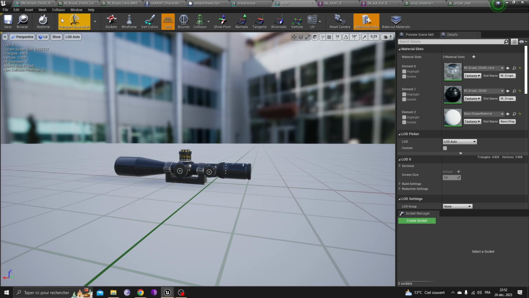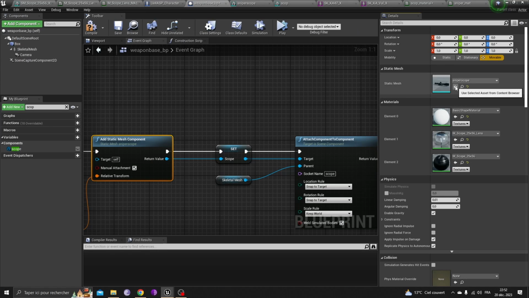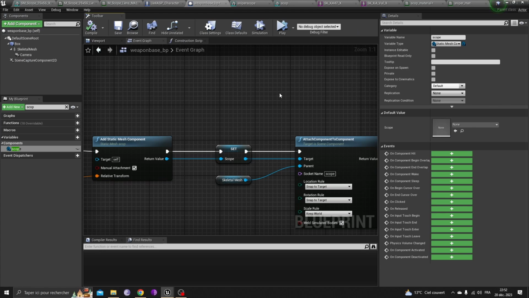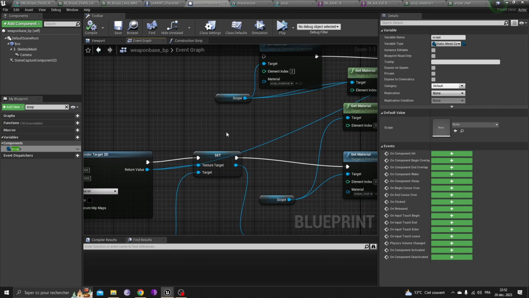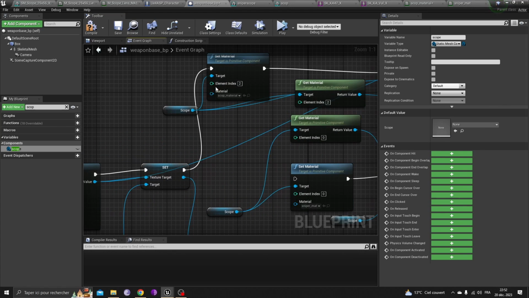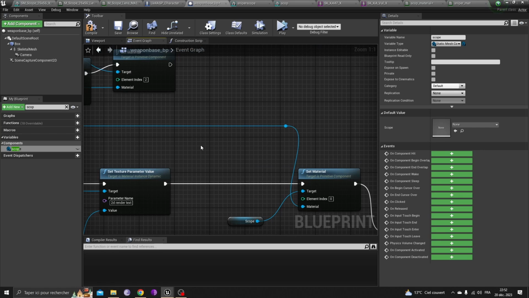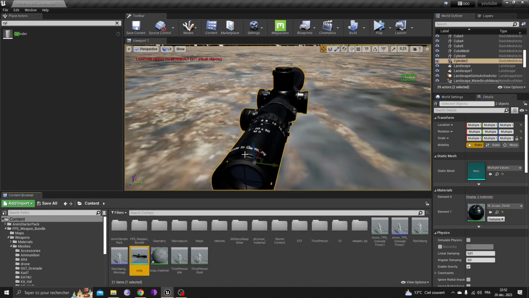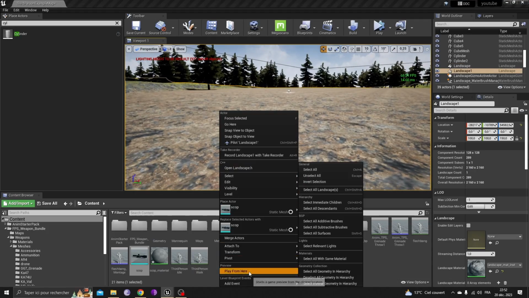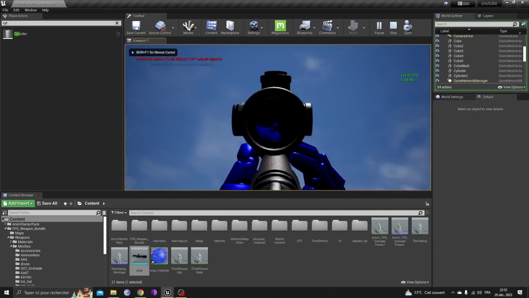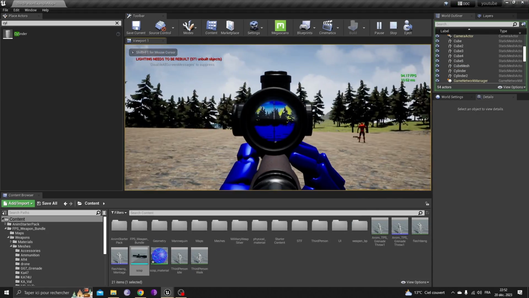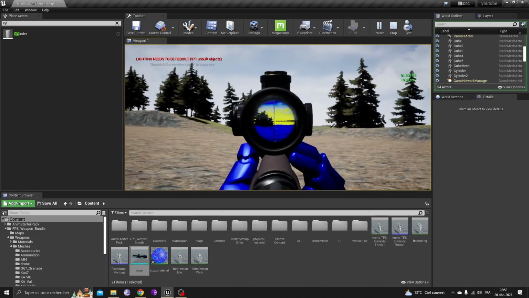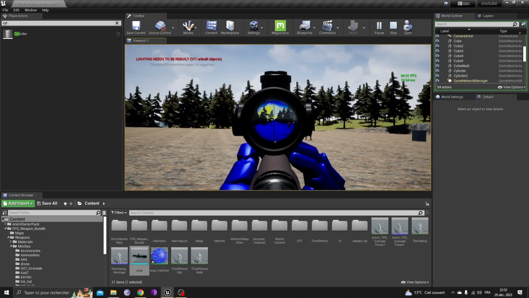I will use the one that I created with you here. I will click compile, and now we are going to use the configuration that I have done with you. Click compile. So now if I click play, this is what I should have. You see, this is because